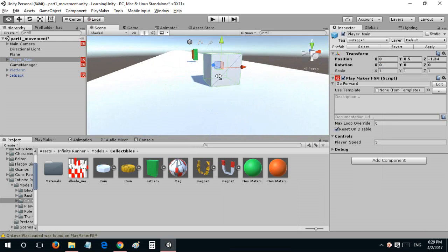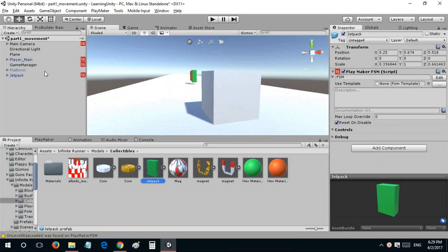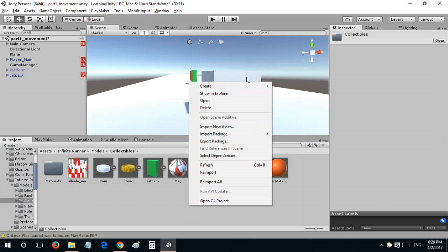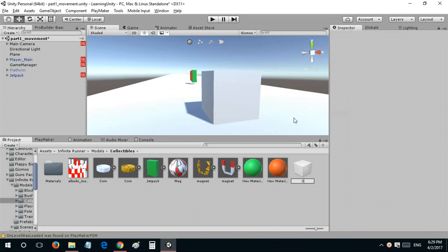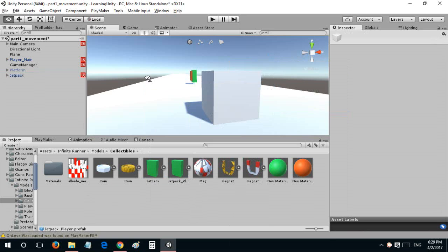So we'll just try to simulate that as well. So we'll just create a prefab over here. Okay, prefab, and I'll call it jetpack underscore player. So I'll just drag this in over there,